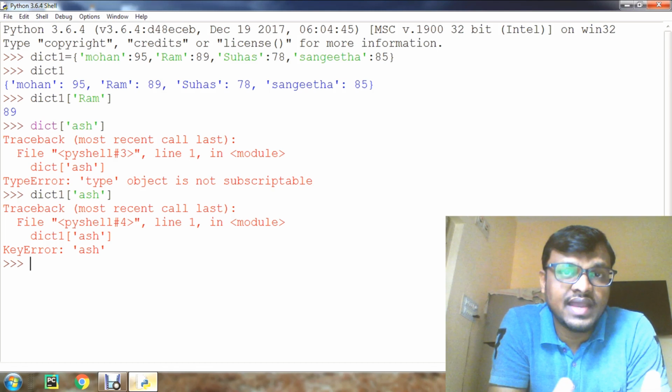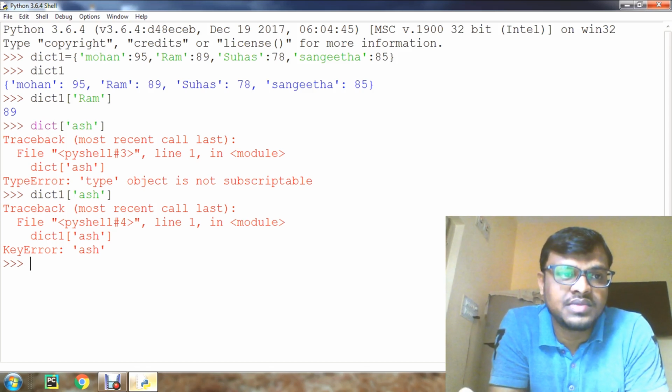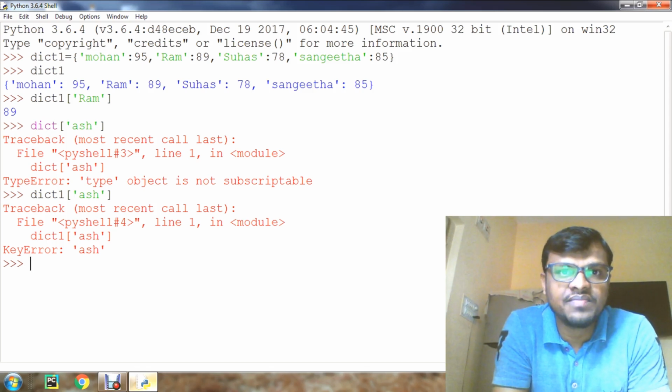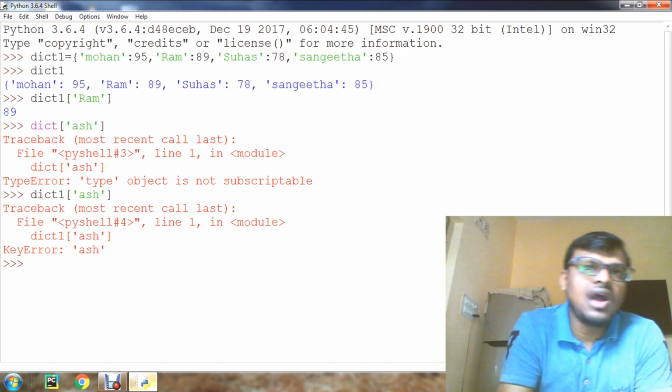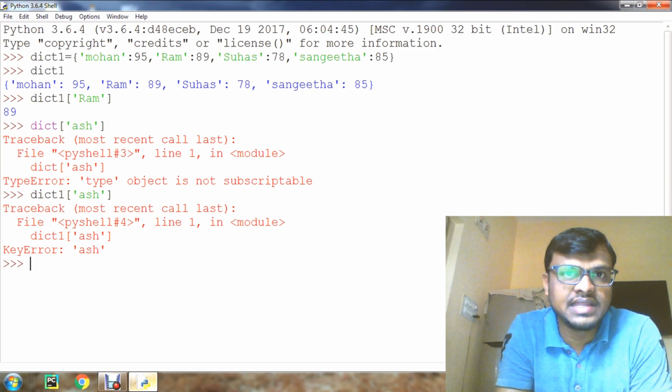That's why it is mutable. Let us check how we can modify, how we can add items to dictionaries. First we'll see how we can add items to an existing dictionary.